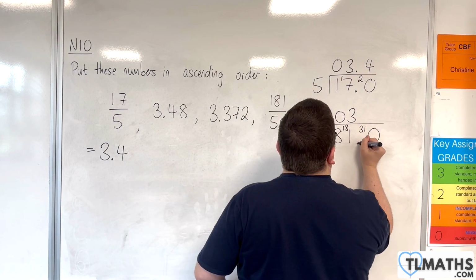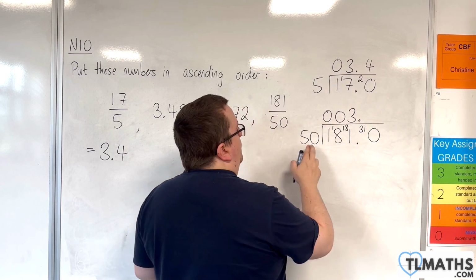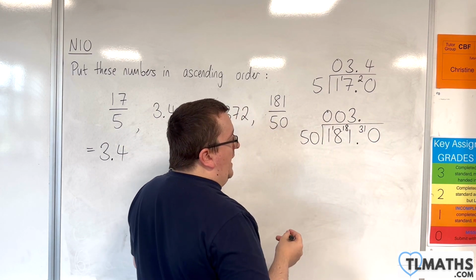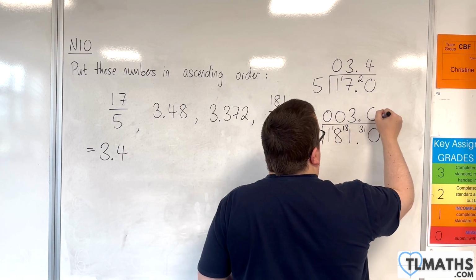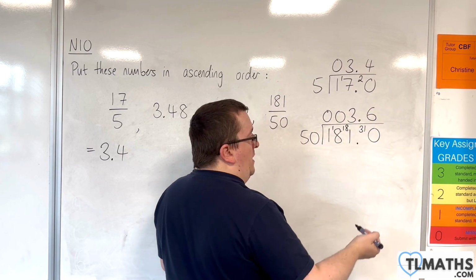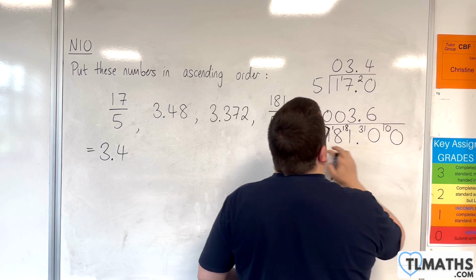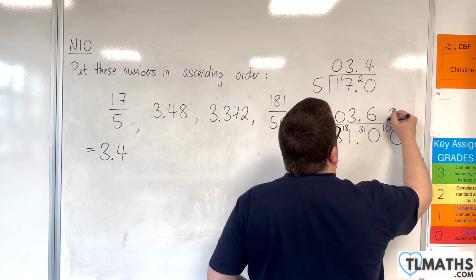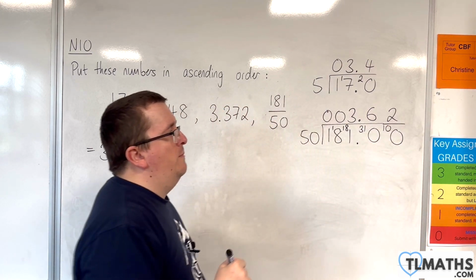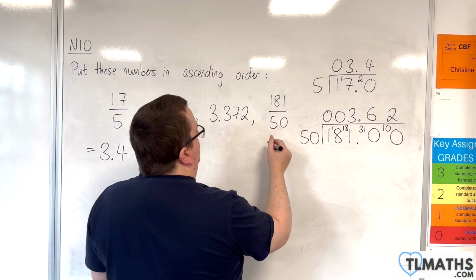So bring the 0 and the decimal point. 50s into 310 go 6. So 6 50s are 300 with 10 remainder. Bring in a 0. 50s into 100 go 2 with 0 remainder. So 181 over 50 is the same as